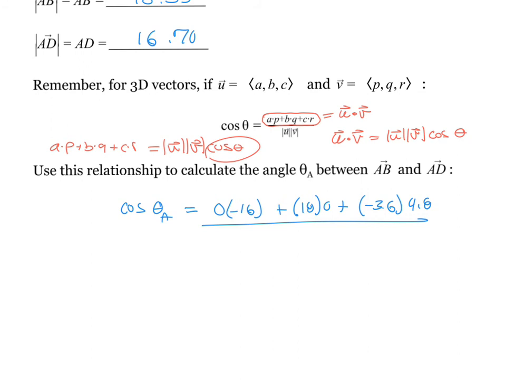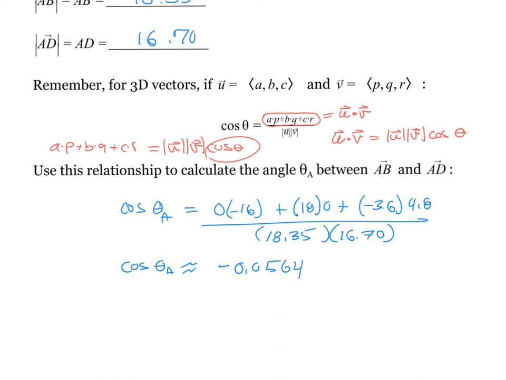Those are the lengths of the sides of the roof. They're already positive. So 18.35 times 16.70. And if I put that in my calculator and evaluate it, I'm going to get cosine theta sub A equals about negative